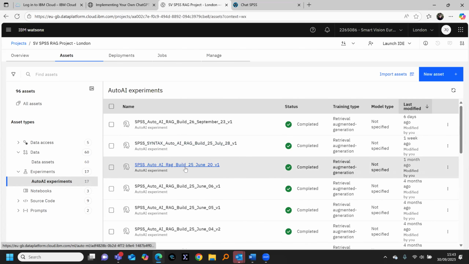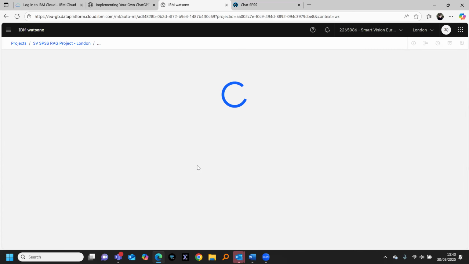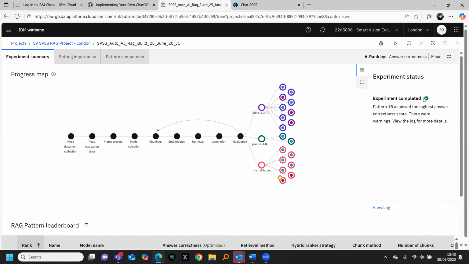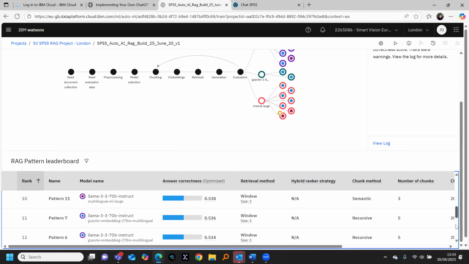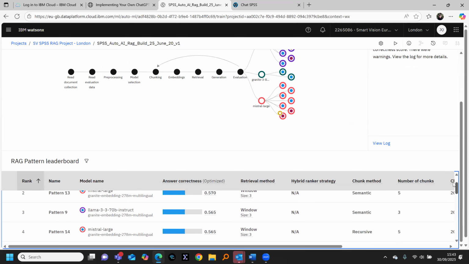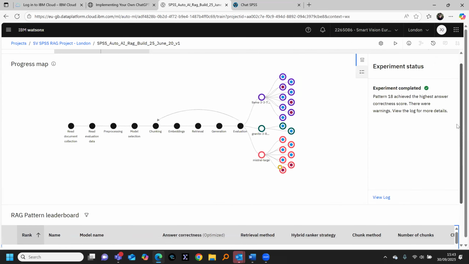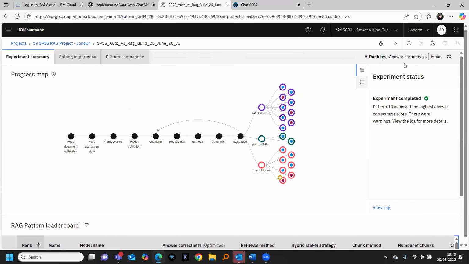This is one I did in the past, on the 25th of June. So I'll click on that. You can see here I asked it to build, and it has successfully built 18 different models. In this case, it's ranking them in order of answer correctness. That was the metric I asked it to rank by.